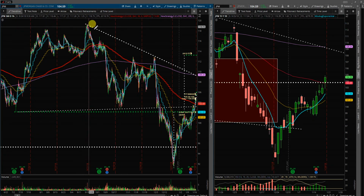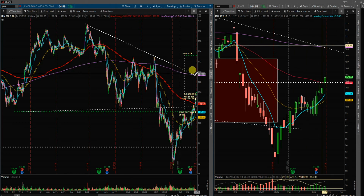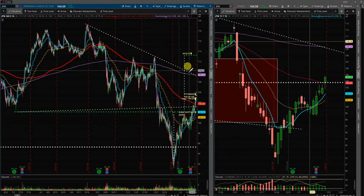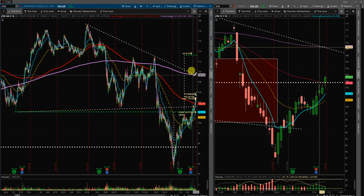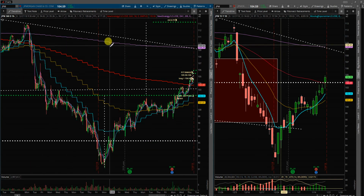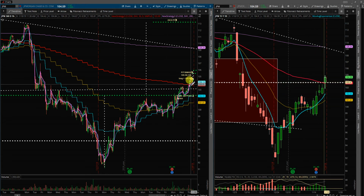Worth mentioning here, the downtrend from late 2018 is up here in the way around 109.30, 109 quarter. It should tread down a little bit lower from there, but there is going to be probably a significant amount of supply up there as well as this gap. So coming into some supply, now that price action has crossed above the significant moving averages, or most of them for my purposes,